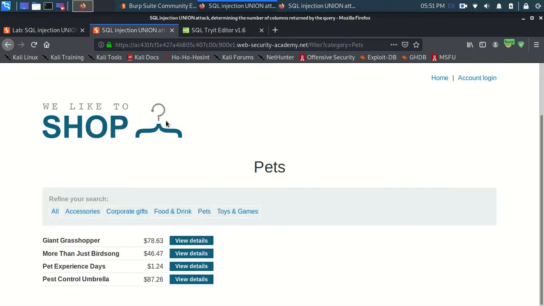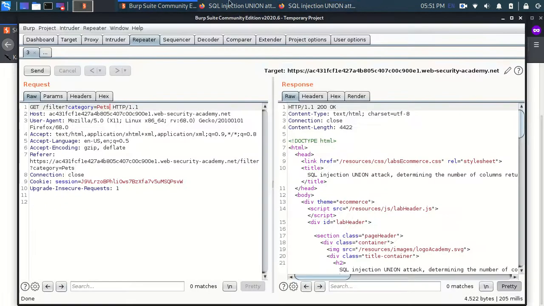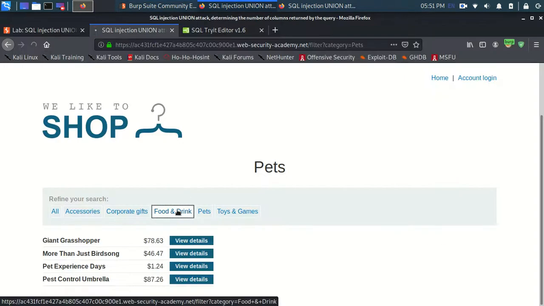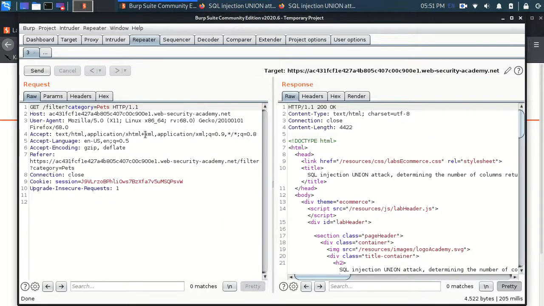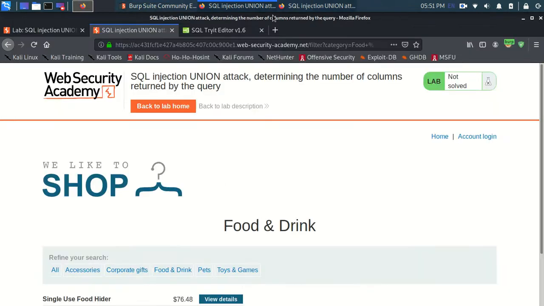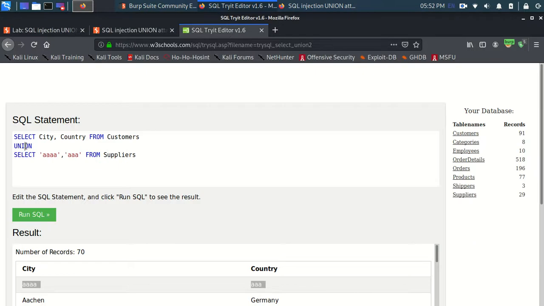Now in this request in Burp Suite, rather than pets, firstly let me use a single quote to break the query. Now I need to type union select null from the table.